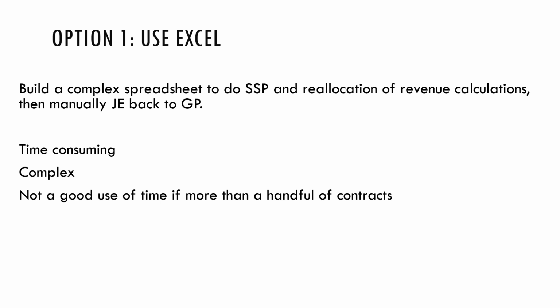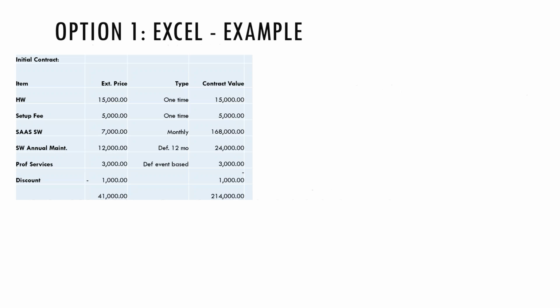Let me show you an example. I'm going to walk through this a little bit at a time and think about the timing it would take to do this, not for one, not for 100, but maybe for 1,000 or tens of thousands of contracts. Here's the contract with the customer. I'm going to sell the customer some hardware. There's a setup fee. There's some SaaS, or software as a service subscription. There's an annual maintenance contract for 2 years, some professional services, and then I'm going to throw a $1,000 discount